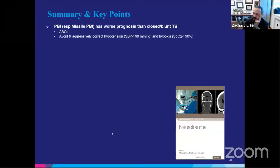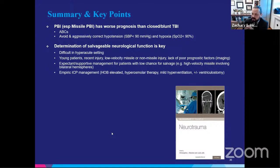So just in terms of summary and key points, again, penetrating brain injury, particularly missile injuries, have worse prognosis than similarly closed or blunt TBI. We want to make sure we're doing our ABCs and aggressively correcting hypotension and hypoxia as the first steps. Determination of whether the patient is salvageable or not may be difficult, but particularly young